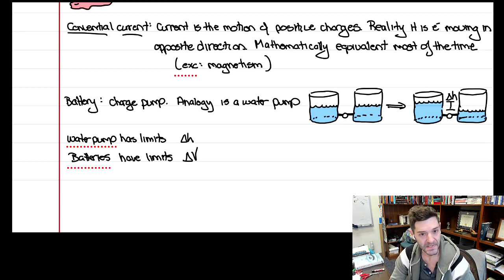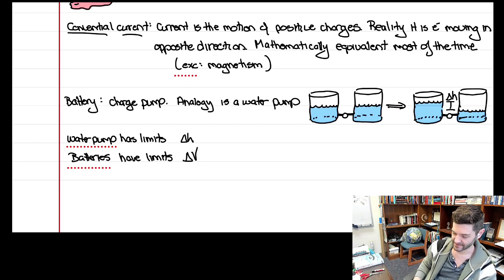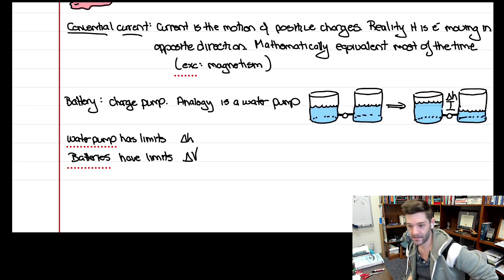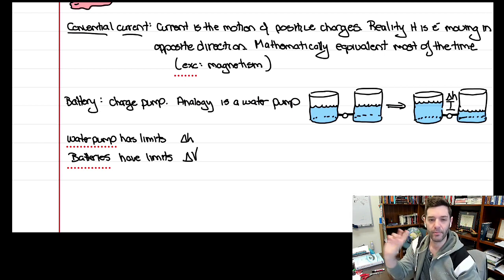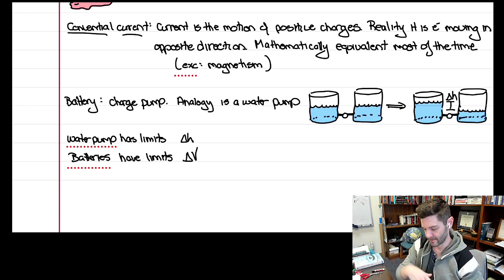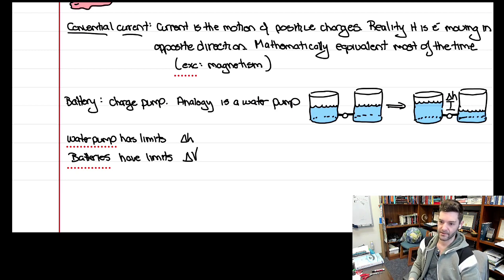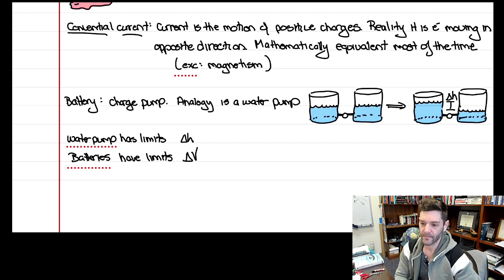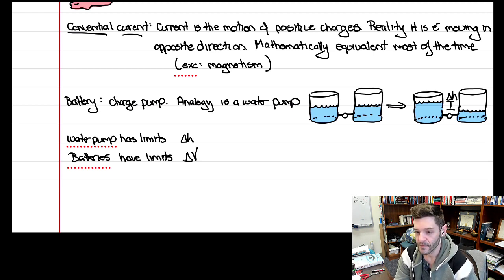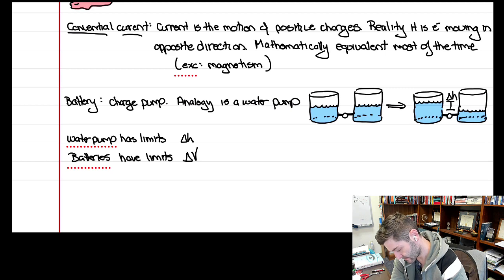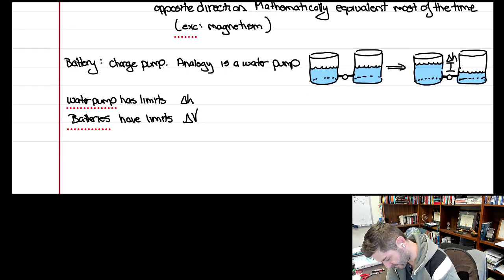That's why, when you see the rating on the side of a battery, it's telling you the potential difference that it can effectively establish: 1.5 volts for an AAA battery, 3.7 for lithium ion, or 9 volts for a 9-volt battery. That's really what that means. It's the potential difference it can effectively establish. Okay, so before I move on to the next page,